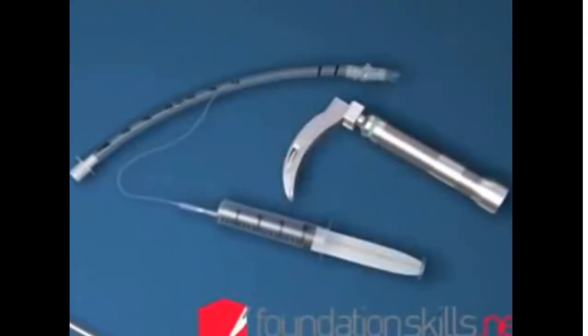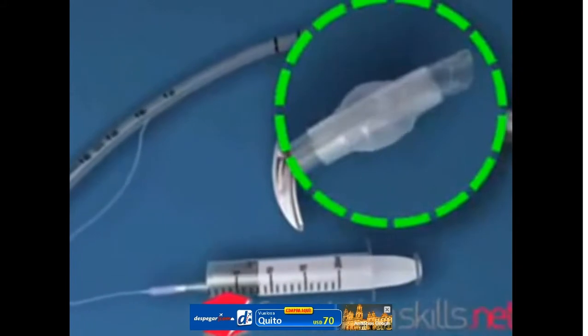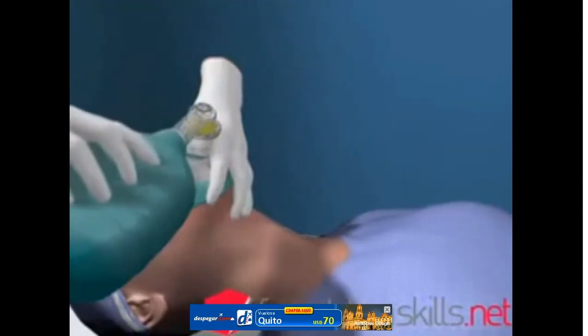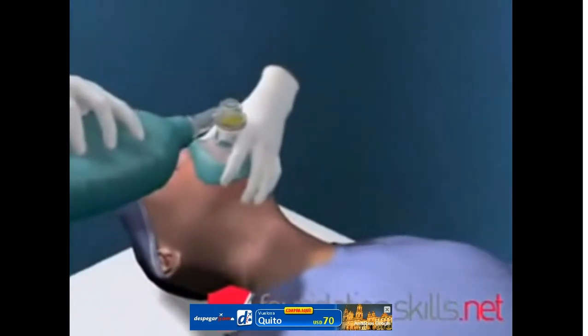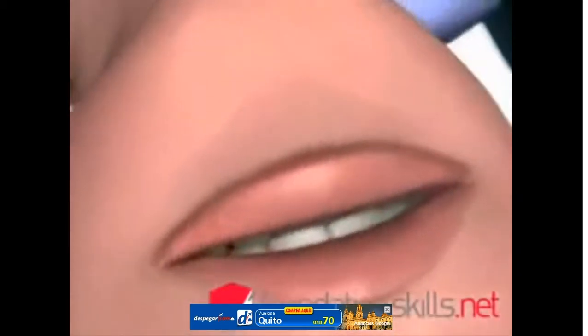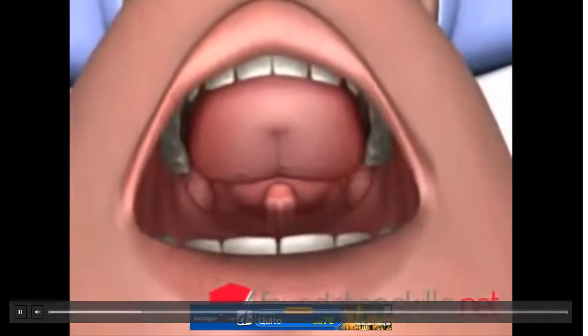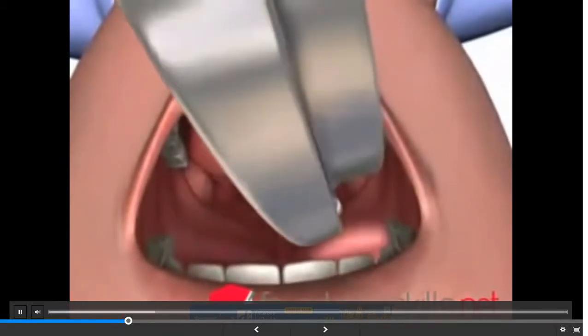Ensure that the equipment is prepared and check that the laryngoscope is working and the cuff on the tube inflates and deflates properly. Pre-oxygenate the patient with bag and mask ventilation for up to 1 minute before attempting to intubate. Standing behind the patient with the head in the sniffing the morning air position, with the left hand, insert the curved blade of the laryngoscope into the mouth over the right side of the